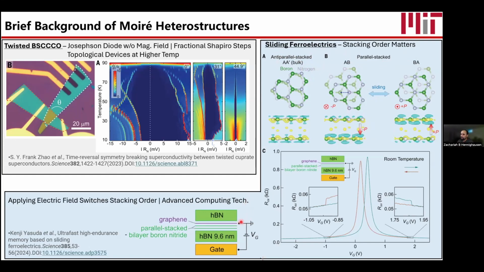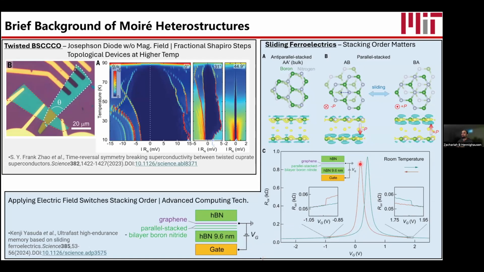Let's put graphene with two HBN sheets, and now we have HBN as an insulator. Now we can gate it. So we're going to apply voltage. We have an electric field going through here. And as you apply an electric field, you switch between BA and AB. And very, very cleverly, this graphene right here acts as a sensor. So we're going to look at some data right here, and you can see the graphene resistance, and you can see two states, two very distinct states. You can almost write one as the on state or off state, so 0 and 1.